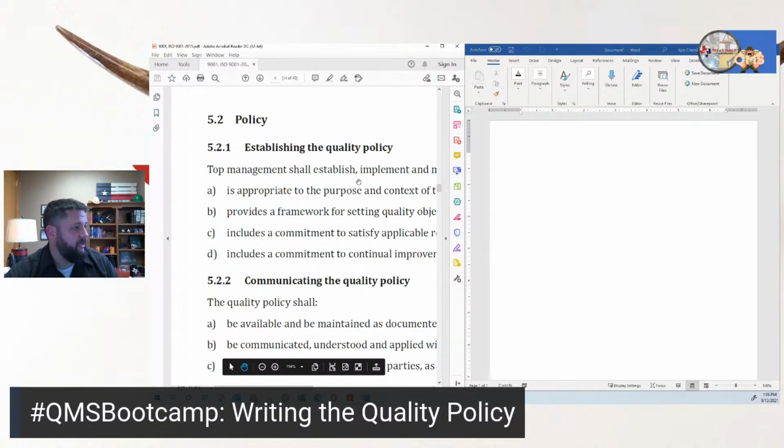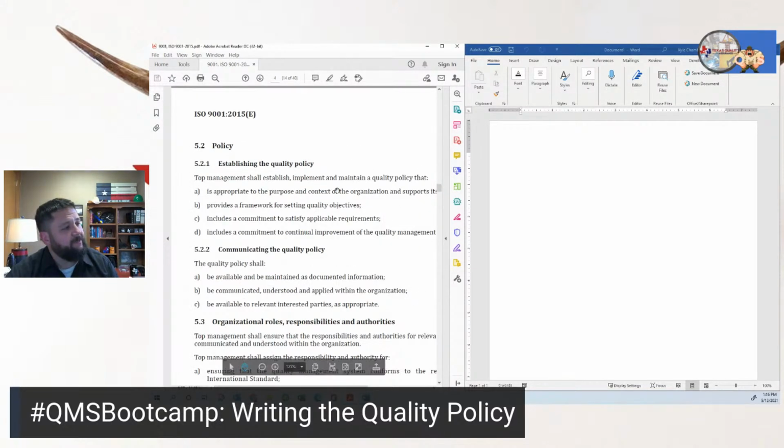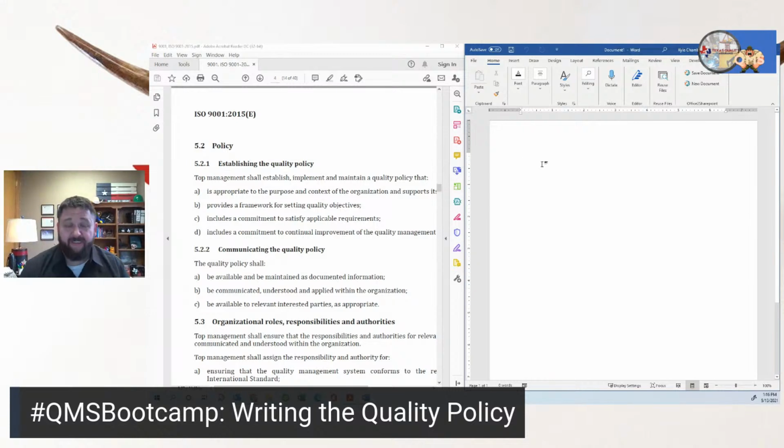So our quality policy says that it has to be appropriate to the purpose and context of the organization. So tell me, why on earth does your business exist? What makes the world better today that you were here operating than it would if you weren't? Well, let's say maybe you're a low-cost provider. Fantastic. We all need those, especially at this time of year. Maybe on the other hand, you're really pushing hard for the absolute best possible quality. So whatever it is, let's talk about it.